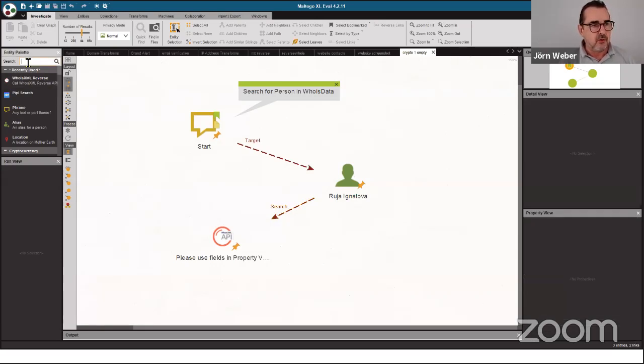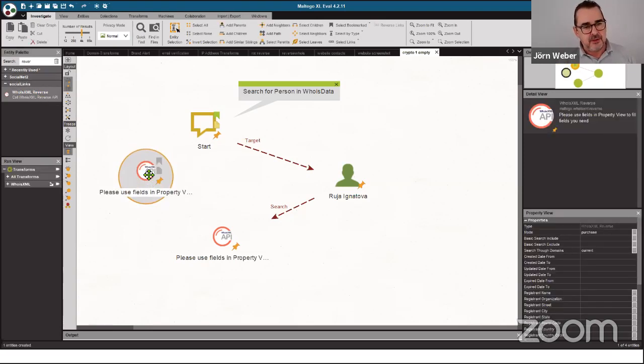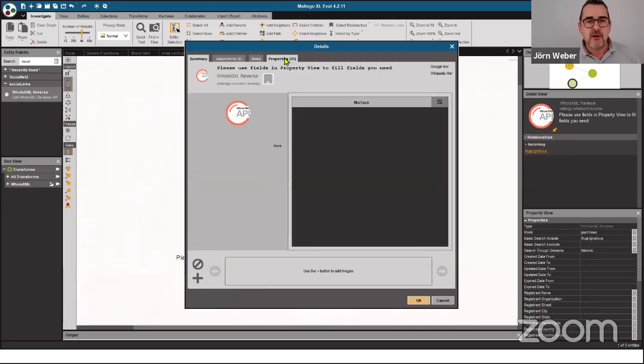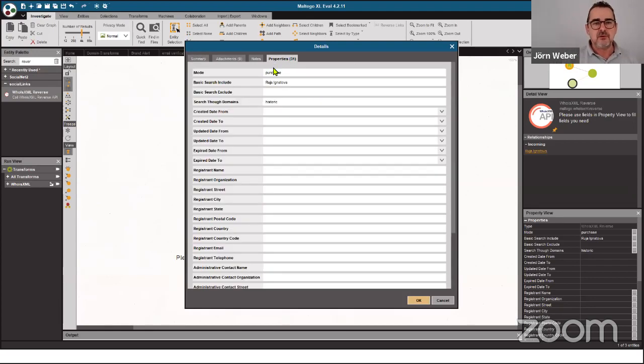So if you want to find it, you go into this entity palette here. You enter reverse or start it, and from here you can pull this entity into the graph. And let's use the one I already have. So you can fill it out, and here are 31 properties. I pre-filled it already with the information that I want to execute in a second, but just for you, here is a mouse over information. You should be a little bit slow with your mouse and then look at this.